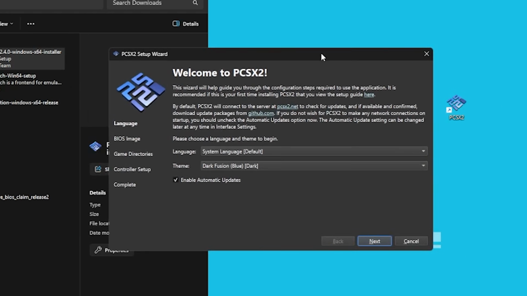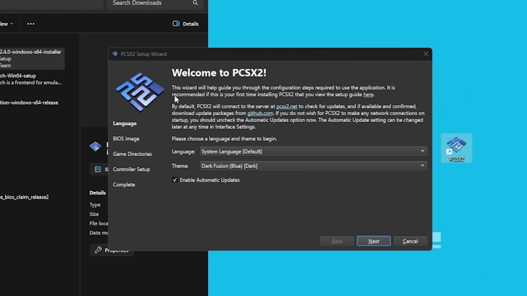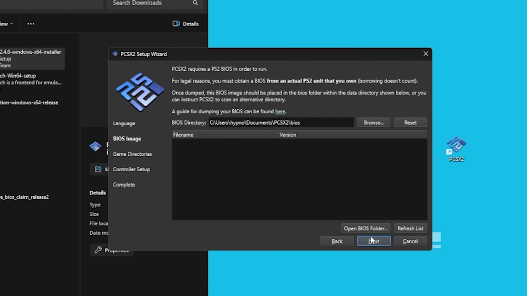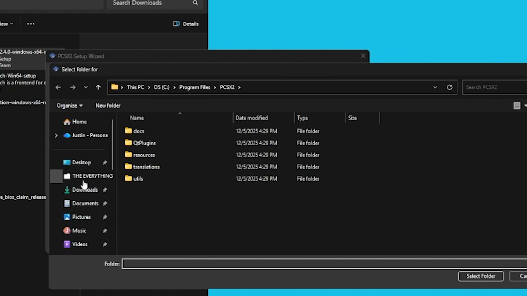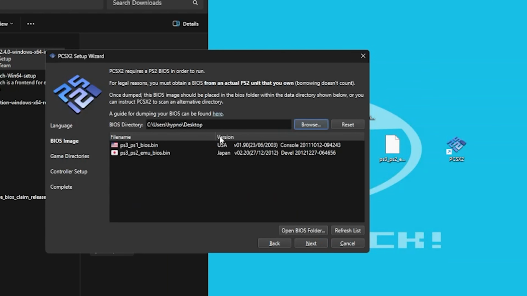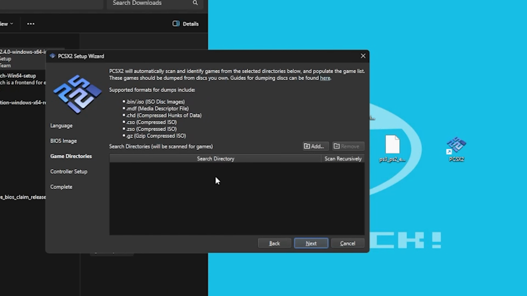When you double click on the shortcut here that I have, it'll take you to the wizard. This looks exactly like DuckStation, so we know everything. We can open up our BIOS directory, so we'll browse. We'll go to the desktop where I have it, select the folder, and boom, here we go. You'll click on the PS2 BIOS. You'll click next. It'll ask you for your